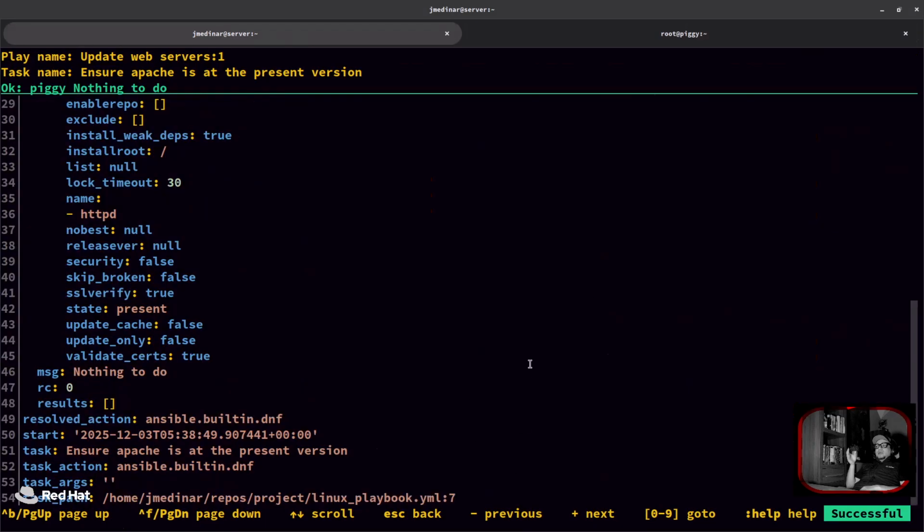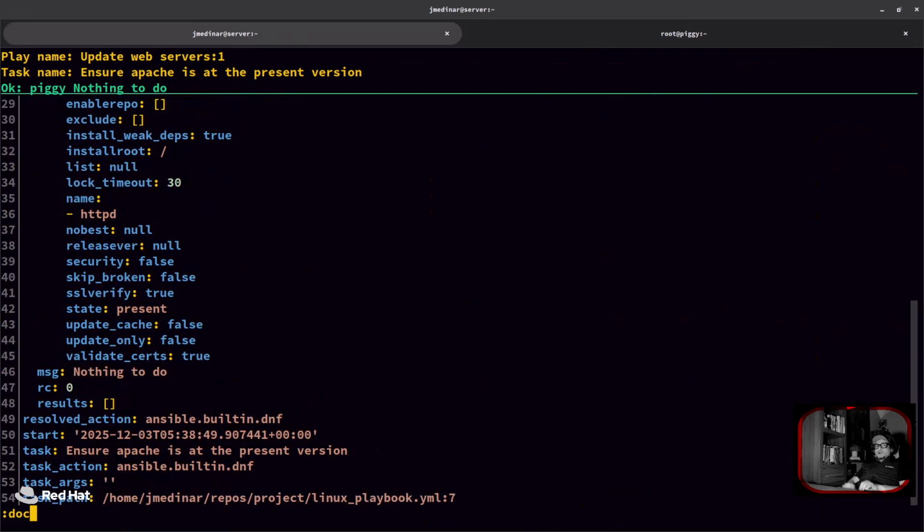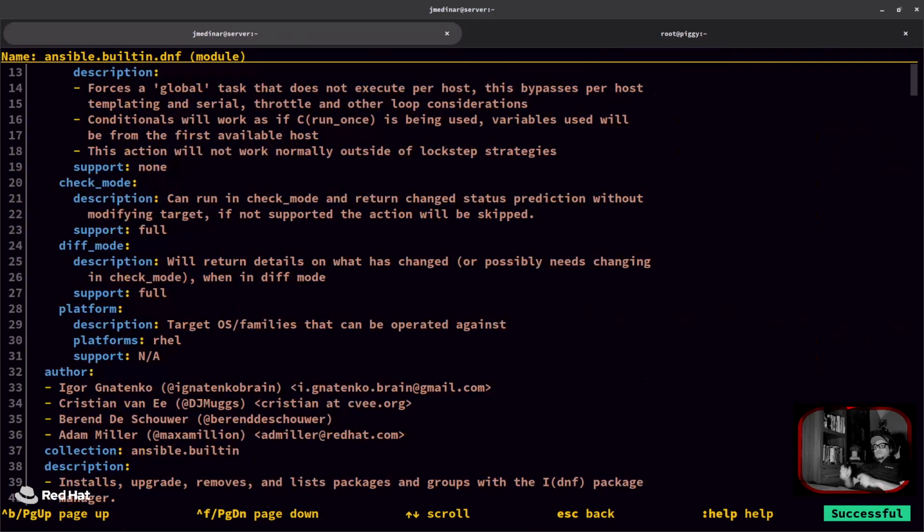Now, just like in the regular core tools of Ansible, I can look into the documentation. One tip you should know is that it doesn't matter which screen you are in the Ansible Navigator, you can always go to all the other areas. I'm going to do just :doc, and that's going to take me directly into the documentation. Now it takes me to the documentation of the module that I'm looking at right now. So it's quite intelligent on knowing exactly what it is that you're looking at, what it is that you